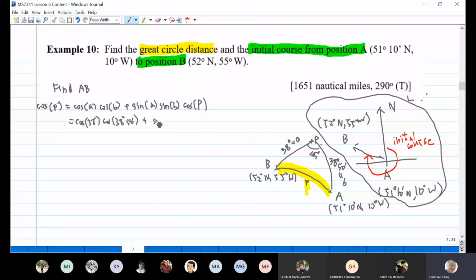Then sine of A, 38 degrees. Sine of B is 38 degrees, 50 minutes. Then cosine of 45 degrees. After you transfer all the information, you press the calculator and you find cosine P is equal to